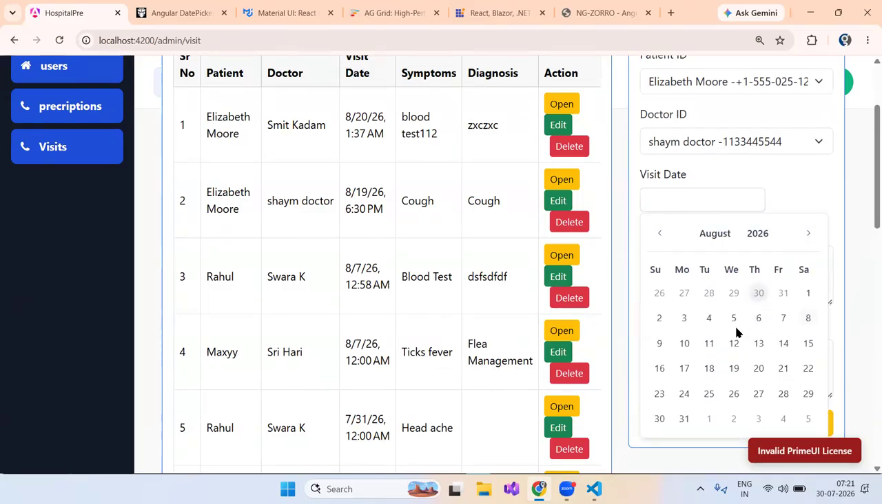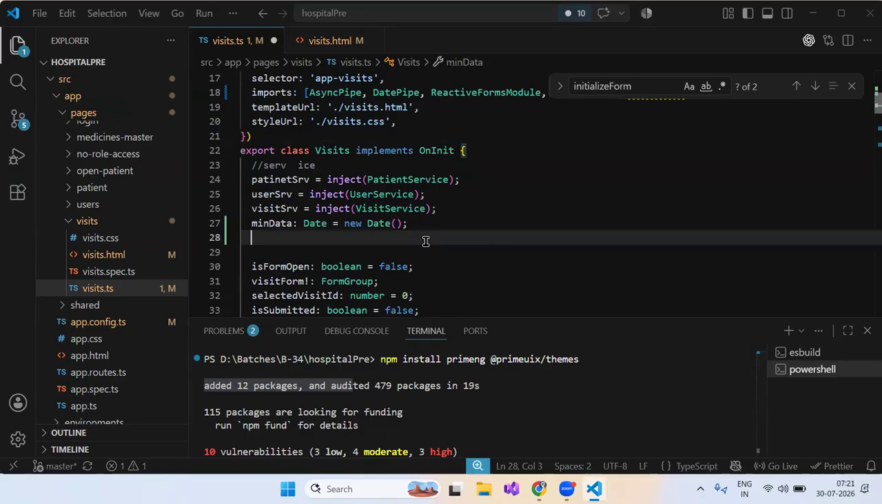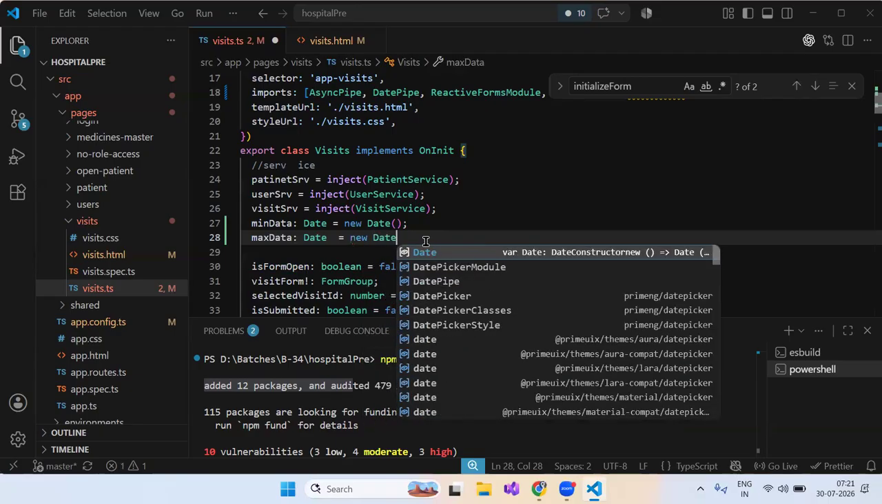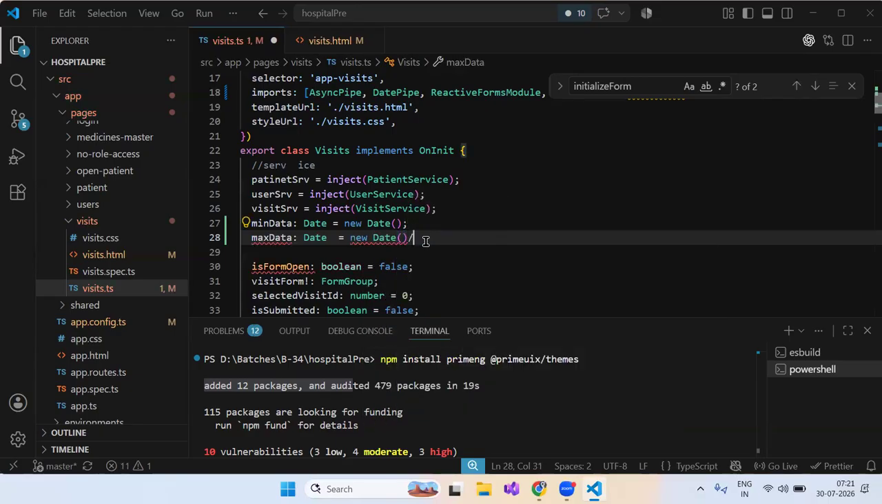Let's say you want to enable only max 7 or let's say 2 days. Let's say someone wants to reschedule his appointment. Max 3 days only he can reschedule. So you need to give 3 days date. After 3 days, whatever the date will be, that date you need to assign. So max date, first new date. Then add